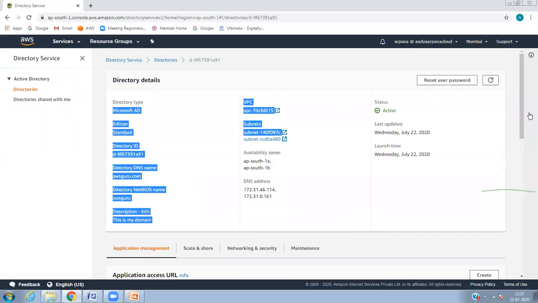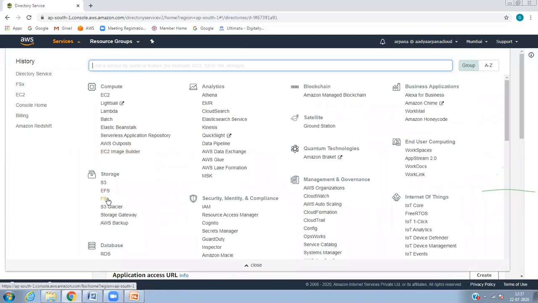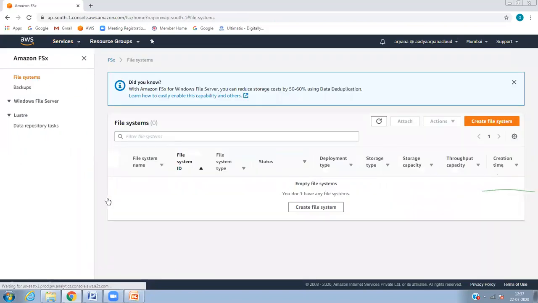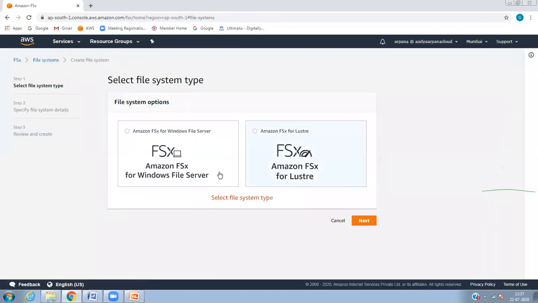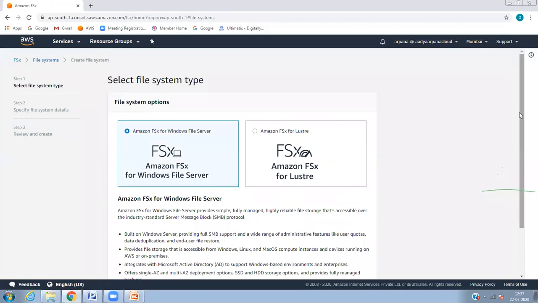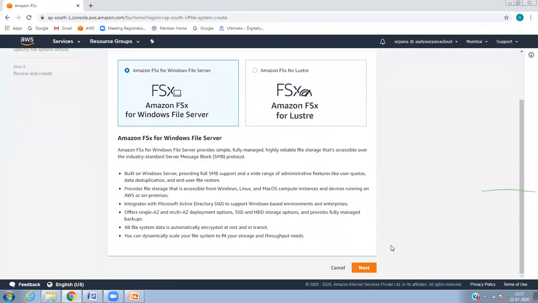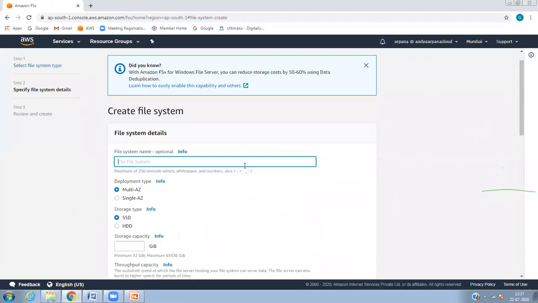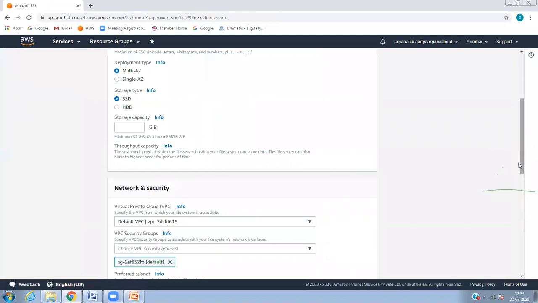Okay, so the next thing we can do is go to FSX. Anyhow, it is created, so create a file system, select FSX and go to next. I will give the name as my FSX. Let it be multi-AZ, no problem.